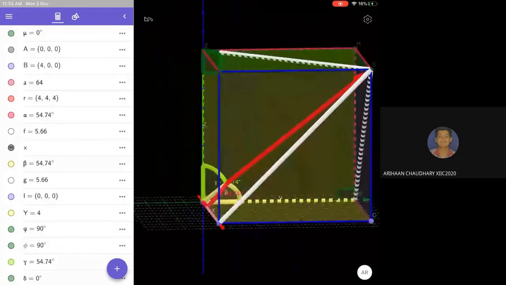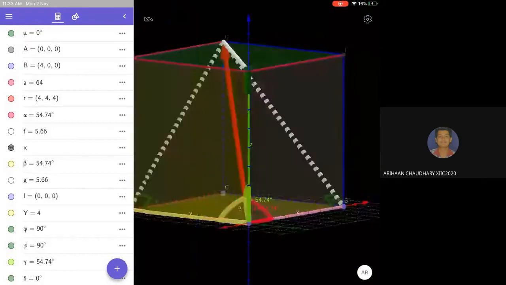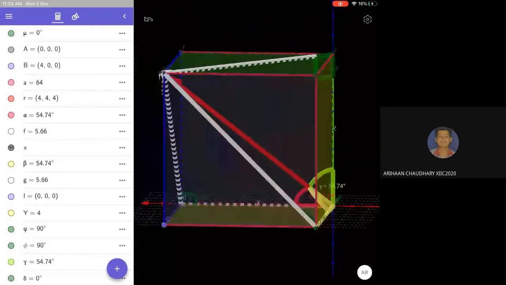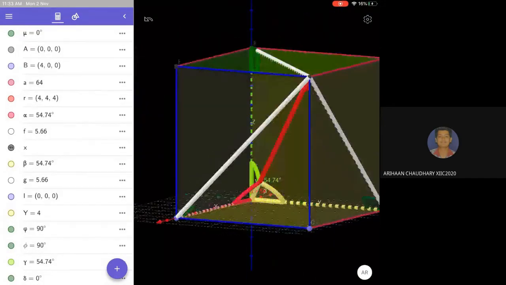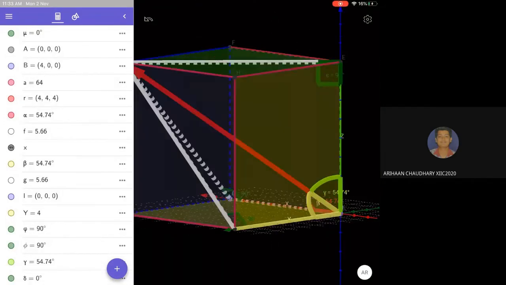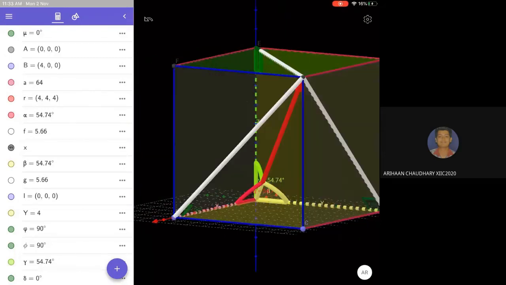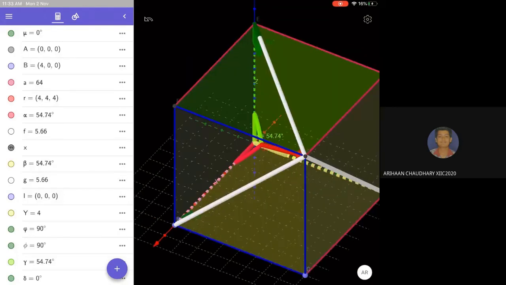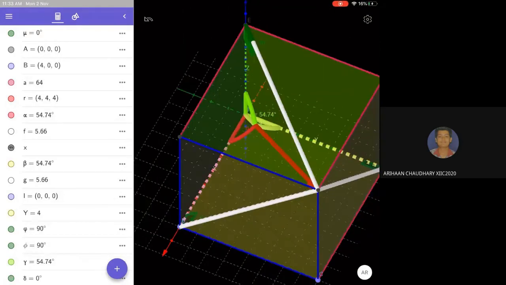Now visualize that it's a cube in the space. The base is in the XY plane. Now, if you take this one point x, y, z, you can see that on the x-axis I have written the coordinate x. Here this point is actually G, its color is to be changed.